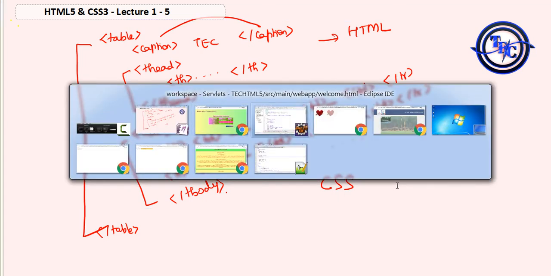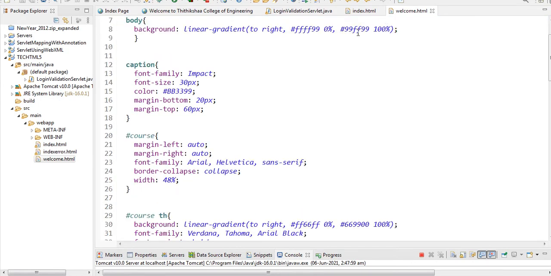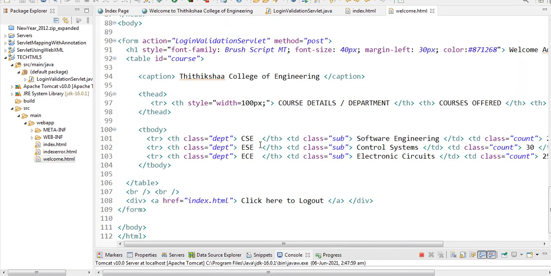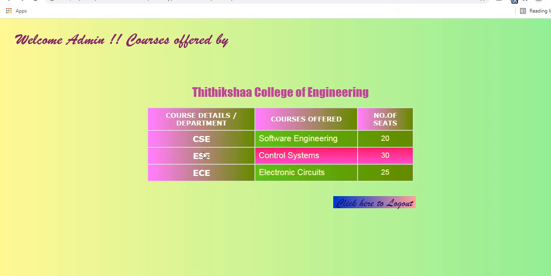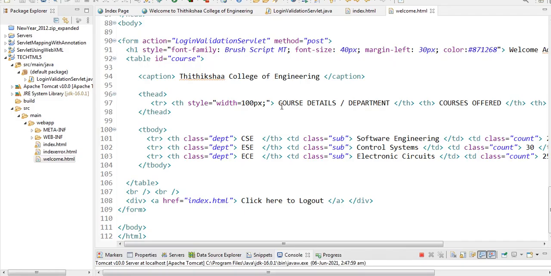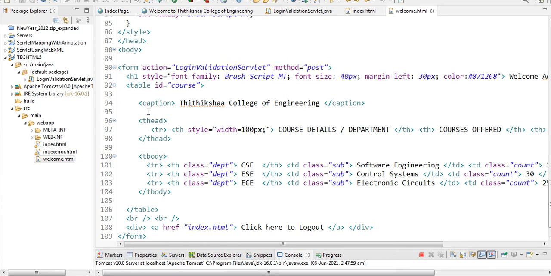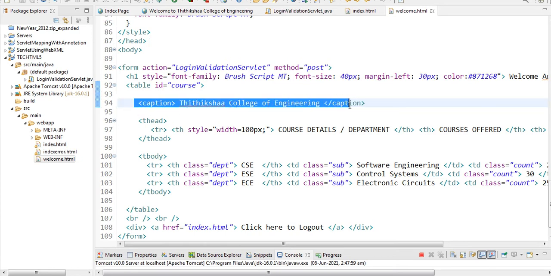You will see, this is welcome. Here I am using three rows, 1 2 3 4. This is the header, this is also a header, that is subheadings, and here this is content data. This is caption. If you write within this, it will come under t head. So I am not writing within this, so I am using caption. So here, see, I have a caption, so I have written a caption.